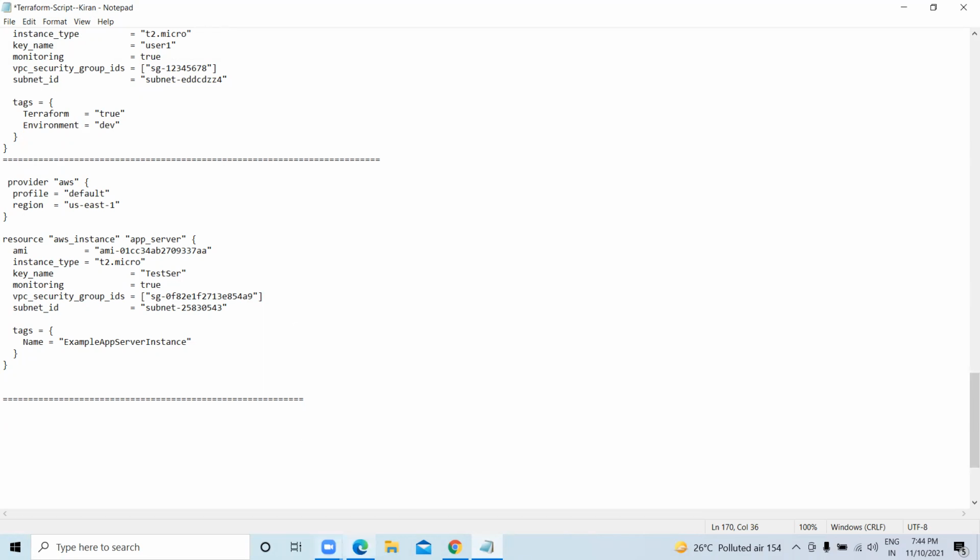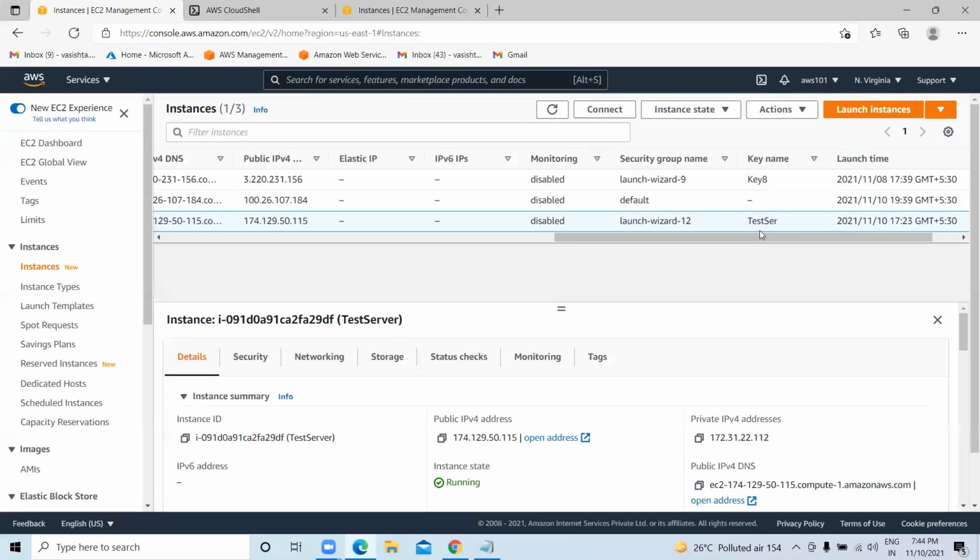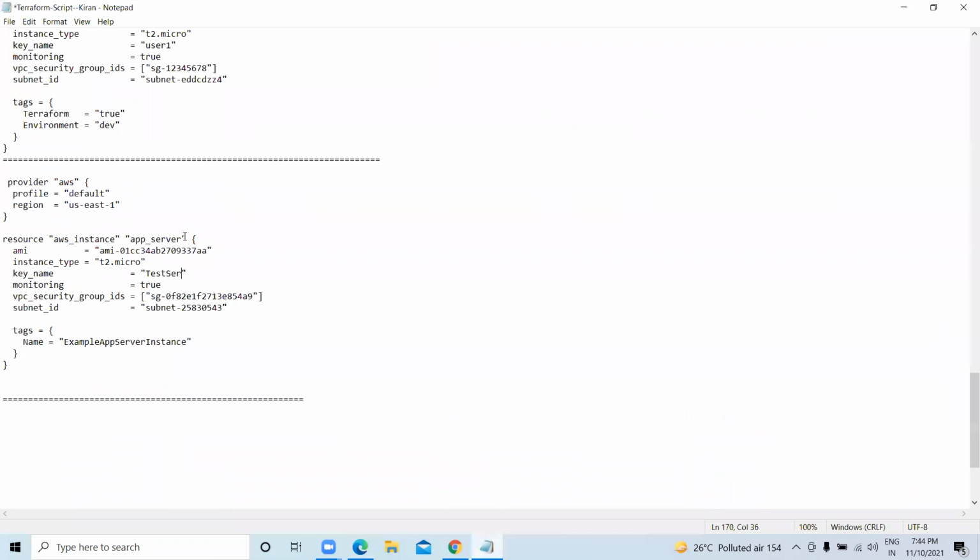Test server. Now double check it. Key name is correct now. Test server, right? Test server. And then image ID. Which machine do you want to launch? Right now I want to launch the Windows